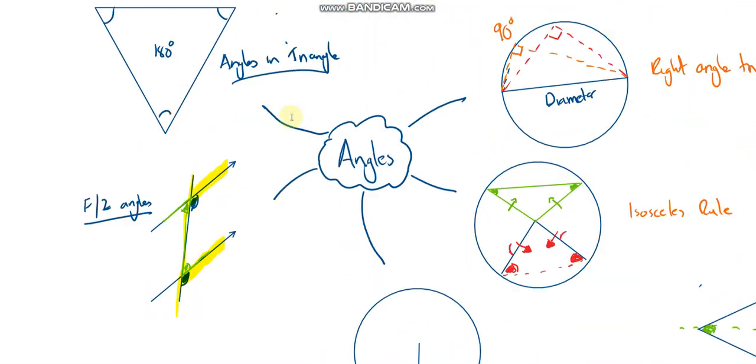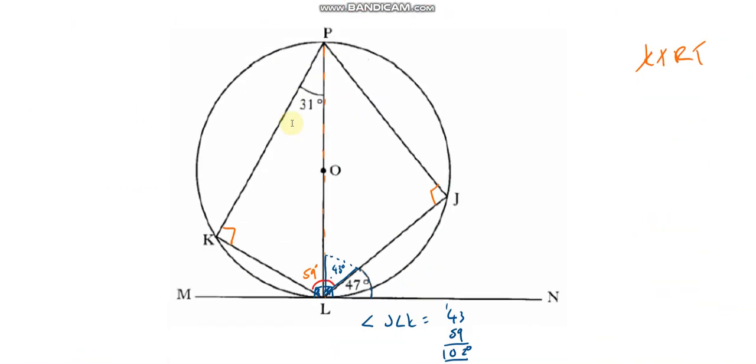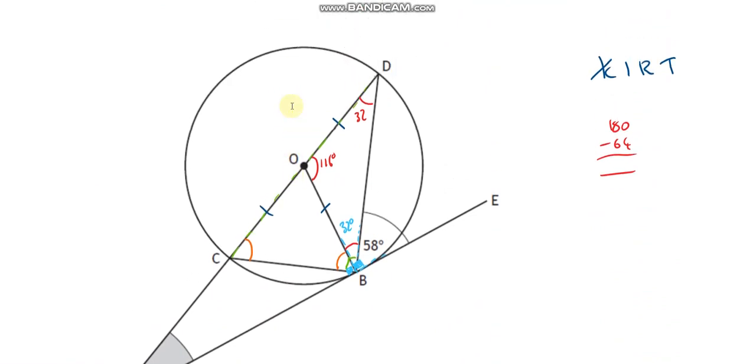I'm just going to add that to the top actually. We should have known that. Angles in a straight line add up to 180 degrees. That's so easy. I forgot that one. Oh, silly me. So if that's 116, the straight line rule means that this angle is going to be 64 degrees. Change colour now. Yeah, angles in a straight line add up to 180. So if that's 64,